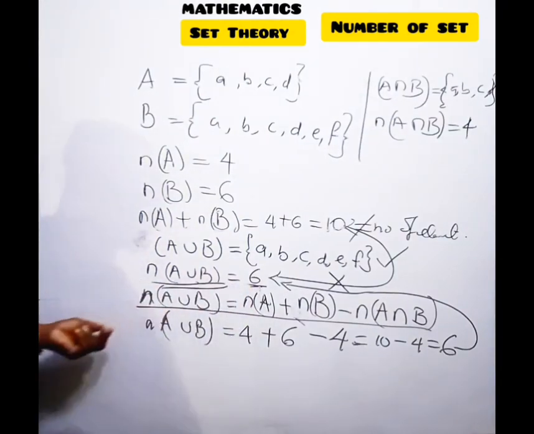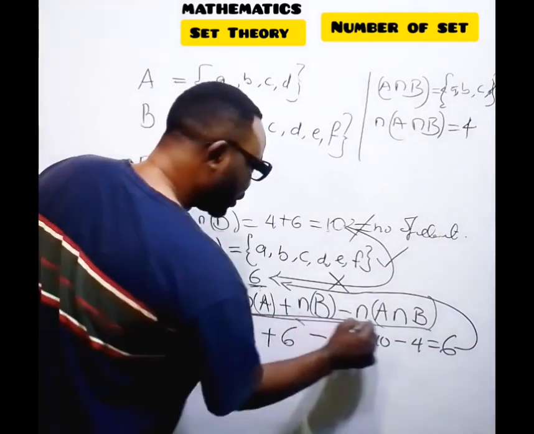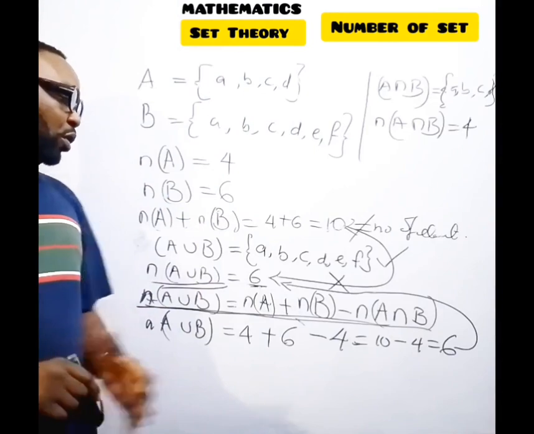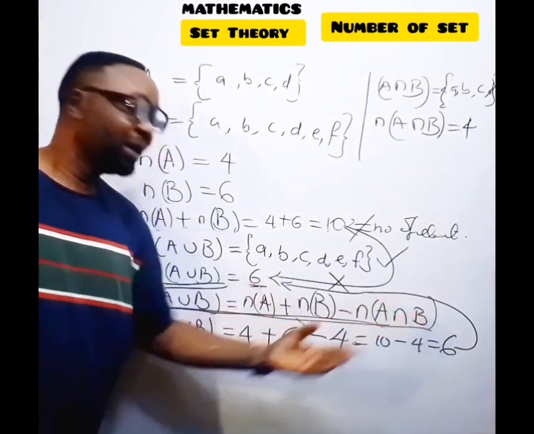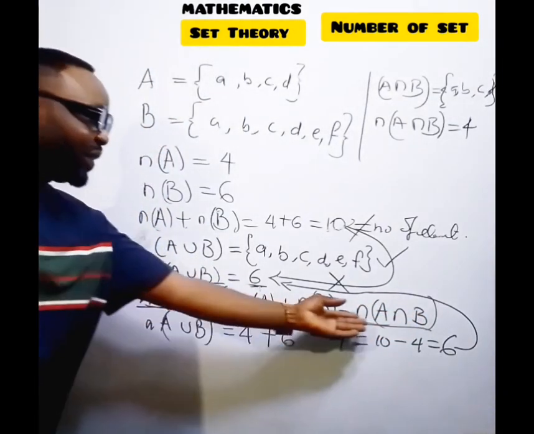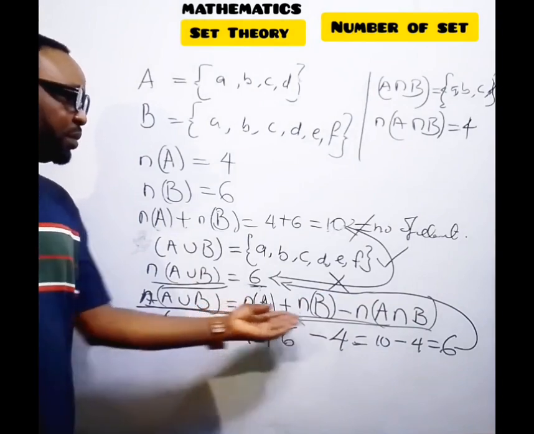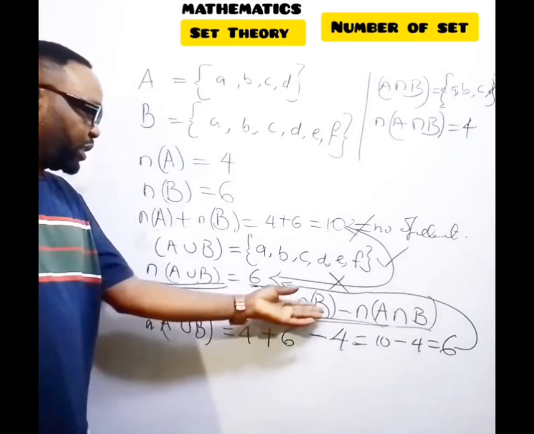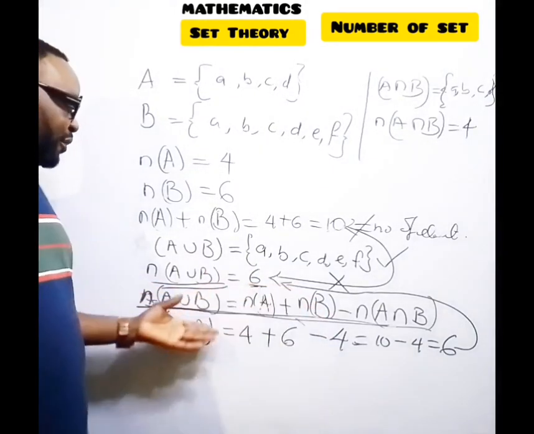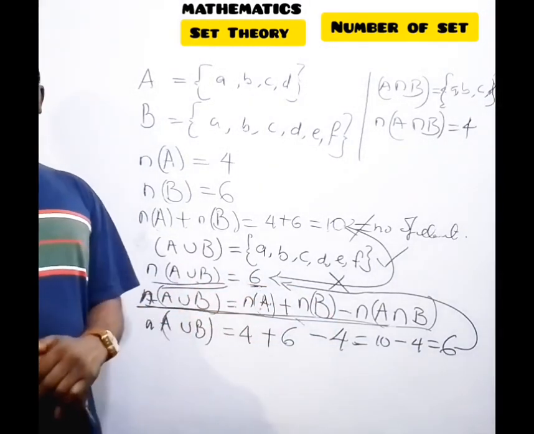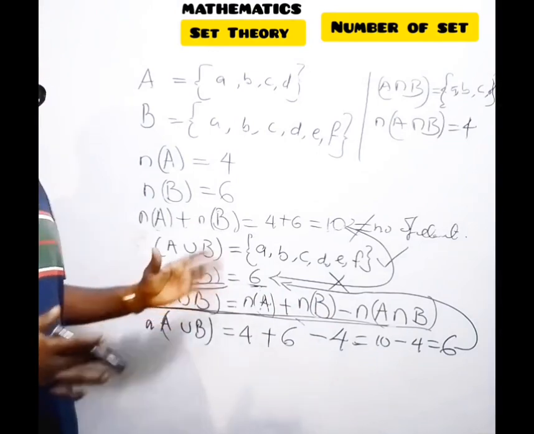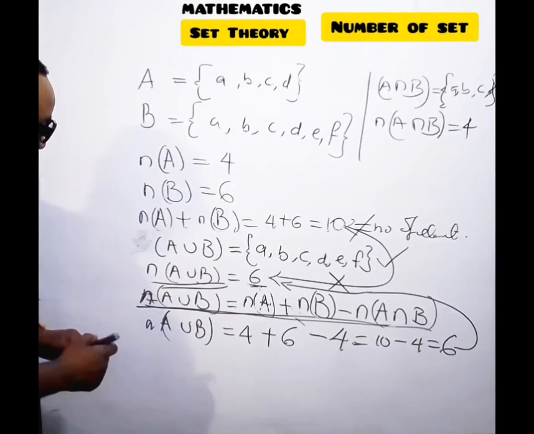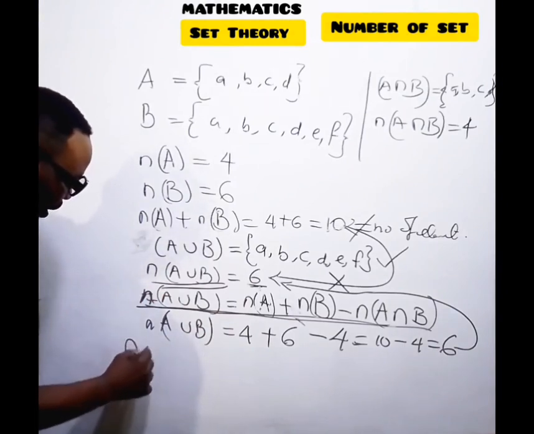So this is the formula you use for two elements when you want to find the number of A union B, or deduce the value of number of A intersection B, or find any of these elements. If this is given to you, this is given to you, this is given to you, but this one is not given to you, you can easily use this method to find the value of any of them. I'm also going to take you through how we can do the formula for